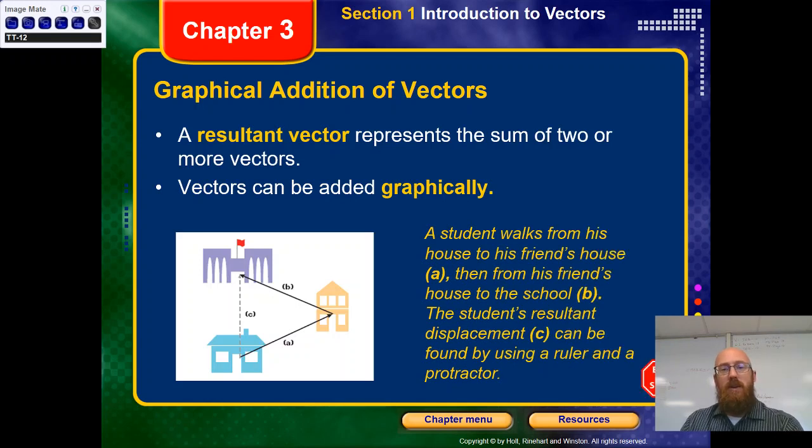Okay, truthfully, if you ever use graphical representation of addition of vectors, it's going to be rough. It just is horrible. One, to draw an accurate diagram in scale and with the correct dimensions and angles is almost unheard of. It just doesn't happen. Short version of what you're supposed to do, looking at the picture, you're going to say, I'm going to go from this house to this business to school. And what is the resultant in C? The problem is, mathematically, I can do it in a heartbeat. Graphically, if this angle's off, if this line's too long, if this one's too short, it just is a lot of problems. Ruler and protractor can solve it. We can be a lot more accurate. So,